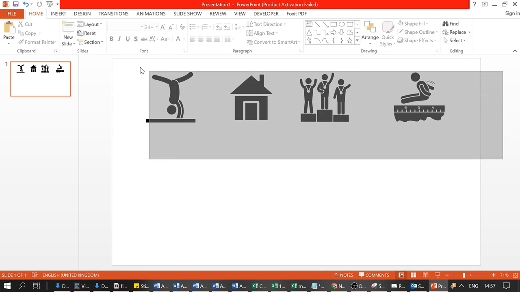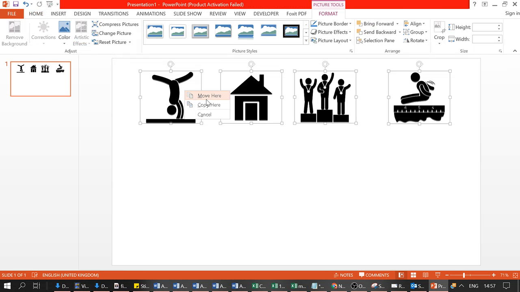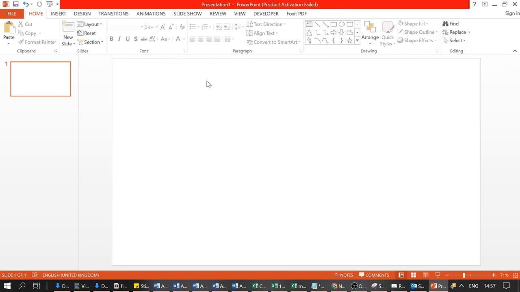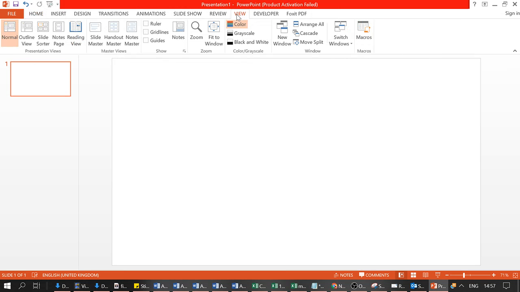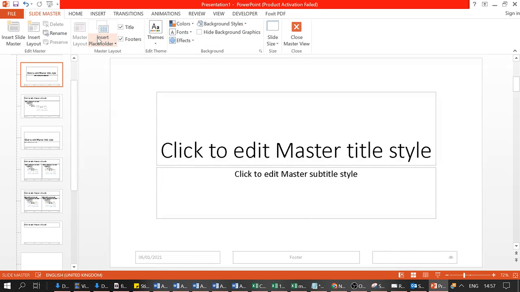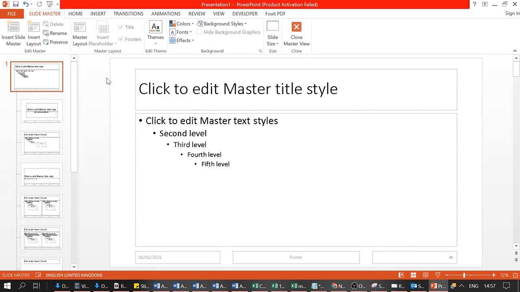Right, let's cut these because they don't really want to be on this slide, they want to be on the slide master. So we're going to cut them. We're going to go into View and we're going to go to Slide Master. Automatically you're going to be on the title slide. You want to go right to the top on the master of all the slides,